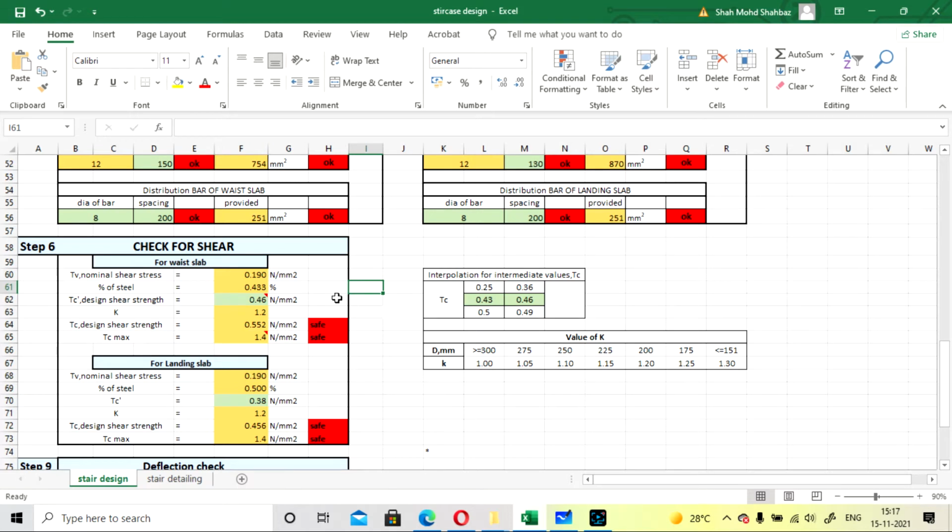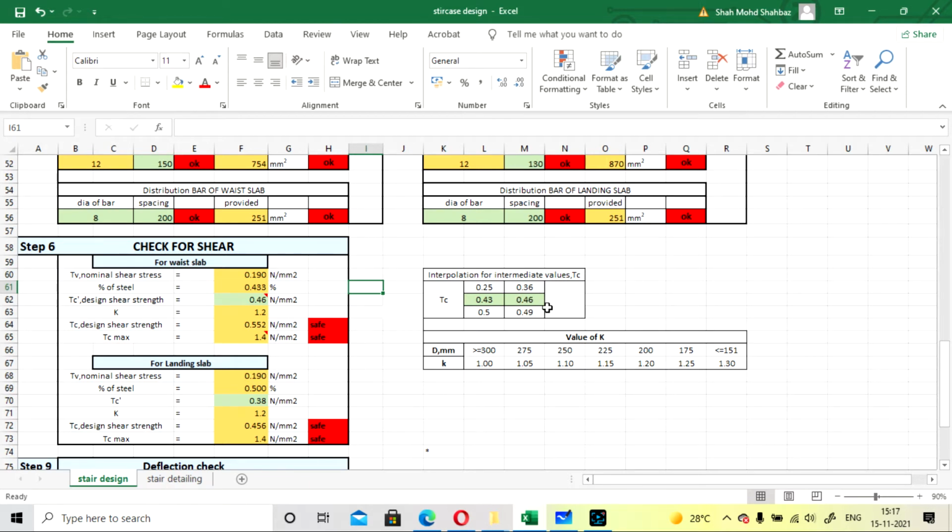Okay, so if an intermediate value is coming, all you need to do is provide the percentage steel here in this box, and give the upper and lower values of that percentage here, and provide the grade of concrete here, so it will calculate your intermediate value as 0.46.